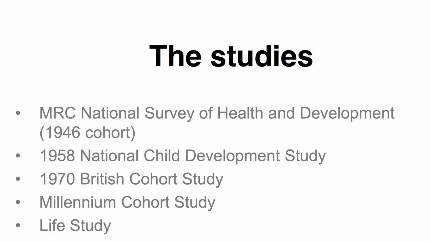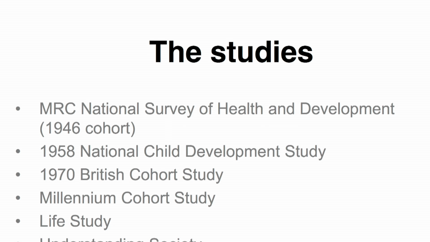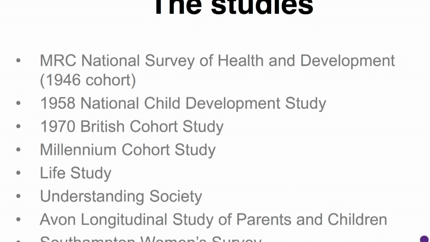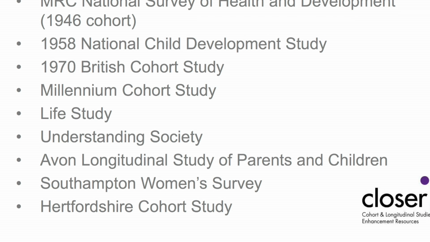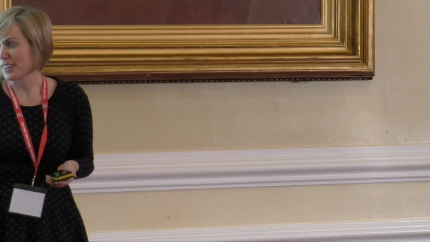These are the studies that are involved. So we've got the 5 national birth cohorts, Understanding Society, the Household Panel Survey, and then 3 regional studies. So the Avon Longitudinal Study of Parents and Children, born in 1991-92. The Southampton Women's Survey of children of similar age to the Millennium Cohort, and the Hertfordshire Cohort Study,